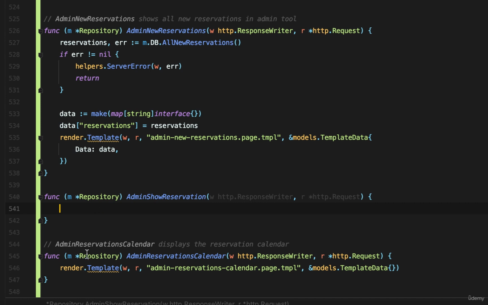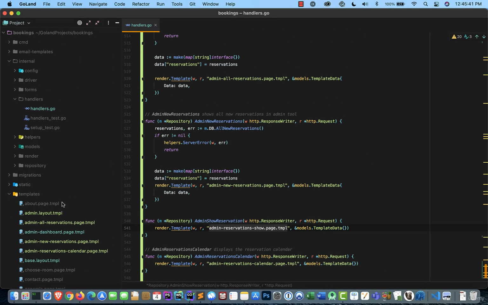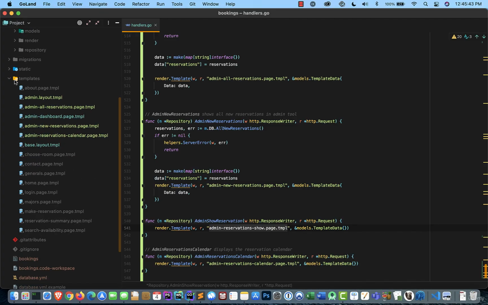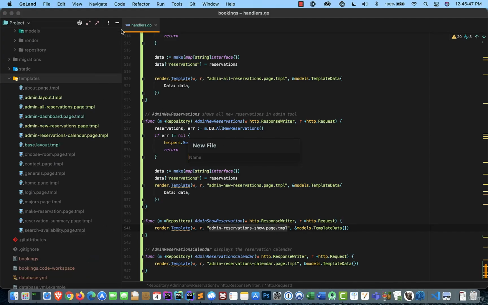Okay, and we'll have it render a template. So I'll just copy this line just to make things a little faster and paste it in here, and I'll call it admin reservations show. And then I'll copy this name and create that template in my templates folder. New file, paste. I guess I didn't copy the name. Admin reservations